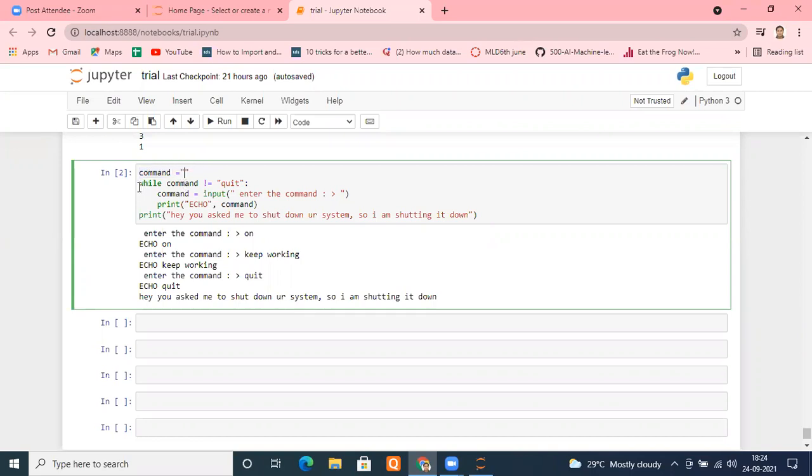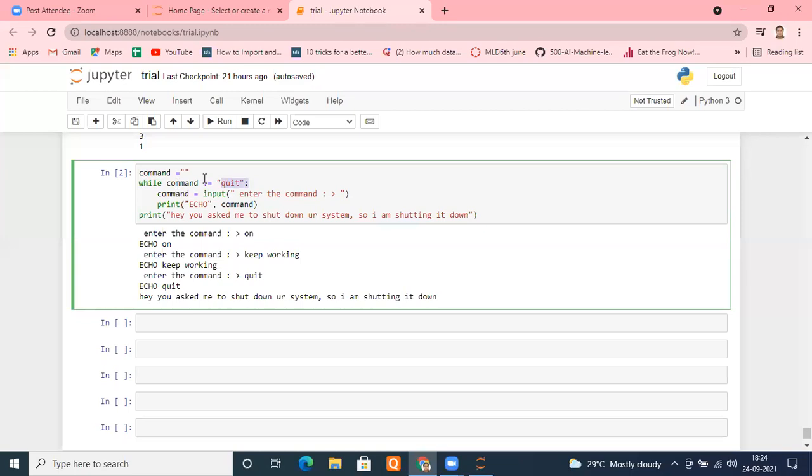And once it is an empty string, we use the while loop and compare the command that is going to come from the user with the command that we are expecting. We're expecting him to enter quit. Until he enters quit, I will stay in the loop and keep asking him. That's why I put not equals to. Until the command becomes equal to quit. Command not equal to quit means whenever my command is not the same as quit, I will keep executing what is written inside the while loop.